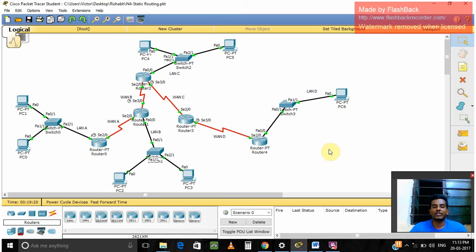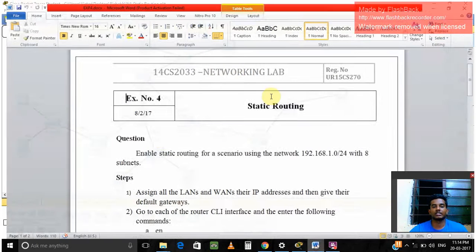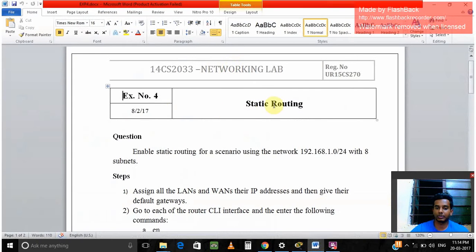So today I'll be teaching you one experiment of computer networks which I got from my university in Computer Networks Labs. In order to explain this experiment, I'll be using this Cisco Packet Tracer. So let's see what it is about. It's about static routing, and the aim of this experiment is to enable static routing for a scenario using the network